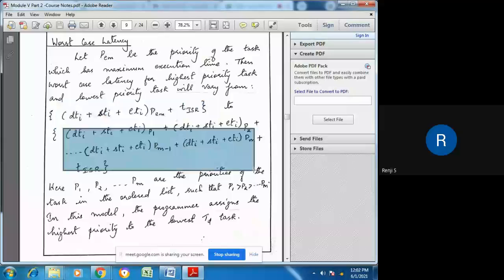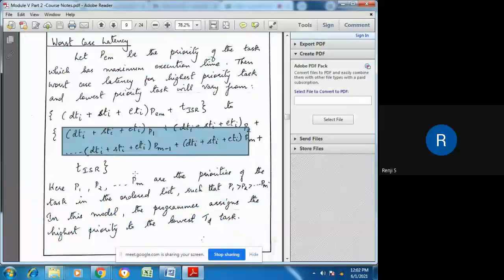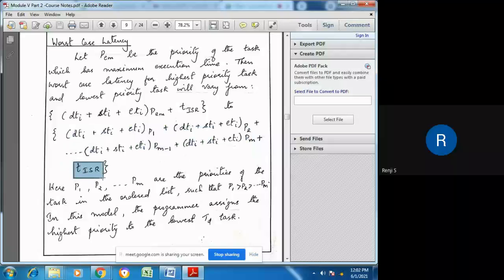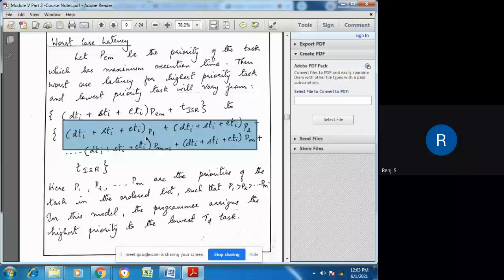This is the total execution time of all the tasks, T total, the parameter we summarized in the previous model. So T total plus T ISR is the worst case latency for normal processes. Here we write the T total based on the priority.